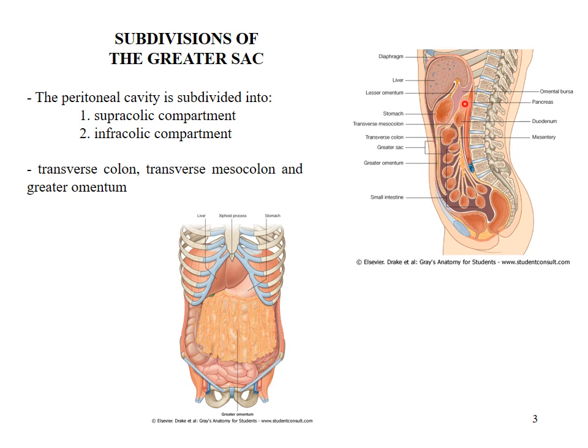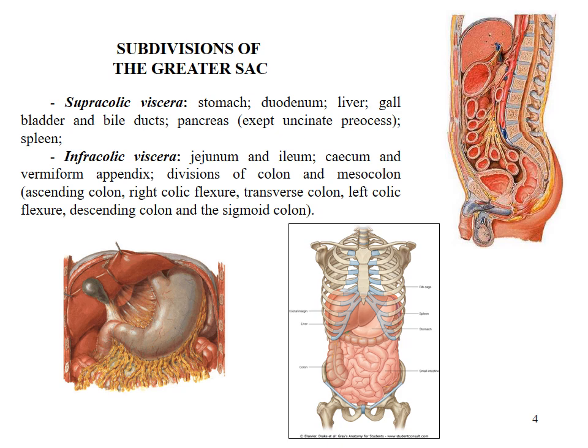This is the border between the supracolic compartment and the infracolic compartment: the transverse colon, transverse mesocolon, and the apron-like part of the greater omentum. This is the supracolic compartment, and this is the infracolic compartment of the peritoneal cavity. Viscera located in the supracolic compartment are the stomach, then the duodenum, but only the superior part and part of the descending duodenum,